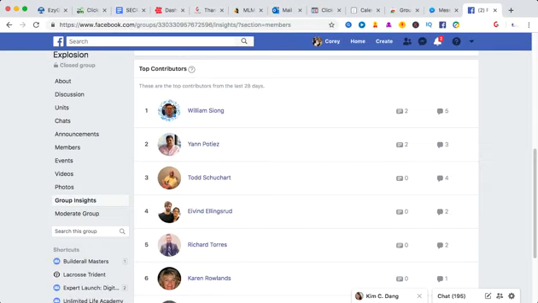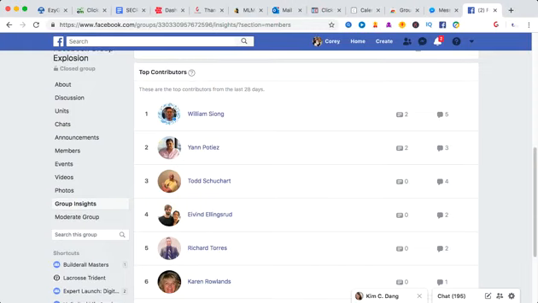And it starts building your relationship without actually even reaching out to the person or having an actual relationship with that person. So this is definitely a really cool thing to check out, your top contributors. What I typically do is I will just scroll to where just the top 5 are showing. I'll do a screenshot, and then every month, because this is 28 days, so every 30 days or so, I